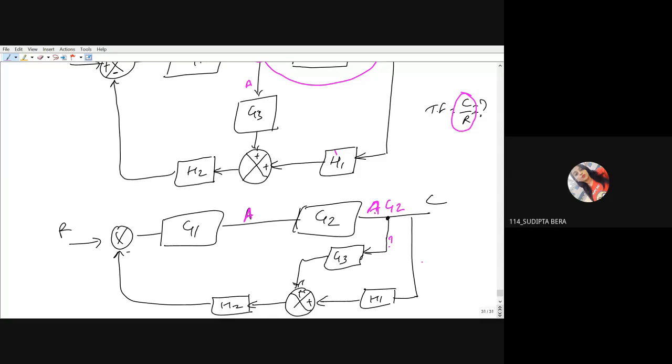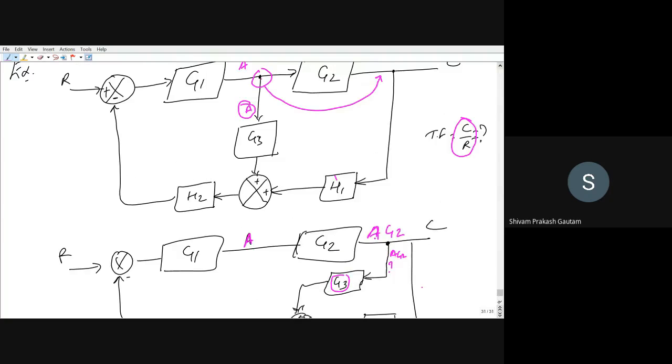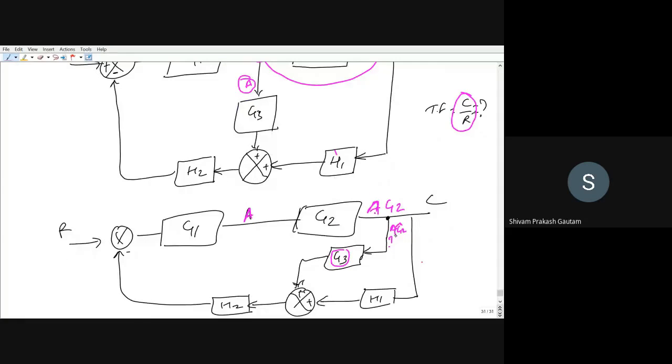So same AG2, right? But here, what we wanted? Only A. You can see A here, we wanted only A. But what else are we having? G. So we need to divide it by